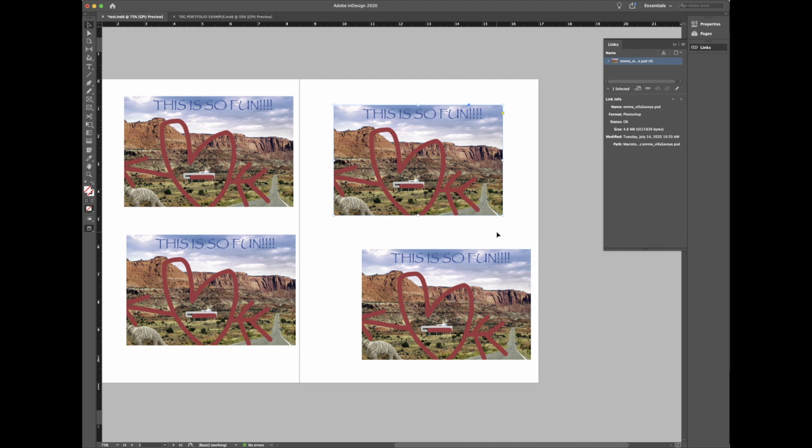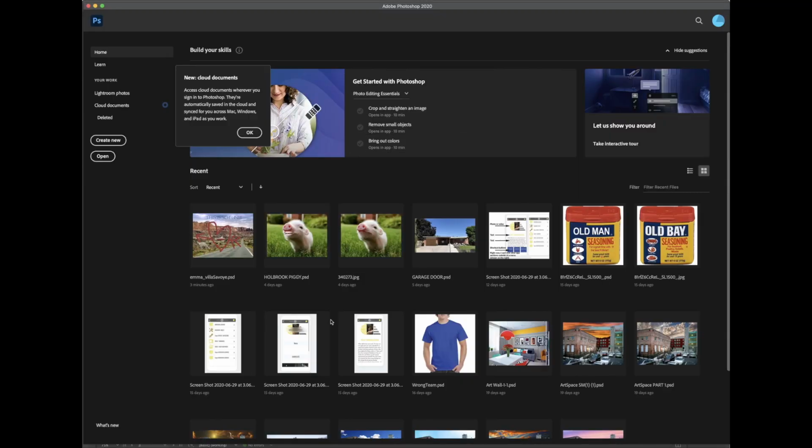But the reason why this is so powerful is imagine that this is like a logo that you put on your portfolio on every single page, or every single spread twice. And you decide, I want to update my logo. If this was Microsoft Word, you'd have to go through the whole document and replace it on each spread in 2 different places. But because it's in InDesign, it's a linked file, so everything that changes gets automatically updated within the file. So linked files are so important because once you have told InDesign where you're pulling the file from,